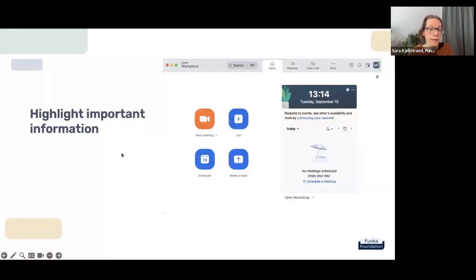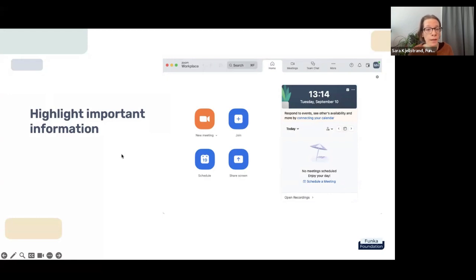So highlighting important information is really a way to help the user to get things done on your website. So people go to the website to do something, like Molly said, and if they can't really find it behind all the other new fancy features or news that you want to tell the website user about, then it really creates frustration. And an example here of a more simple way to present the important information is actually the Zoom